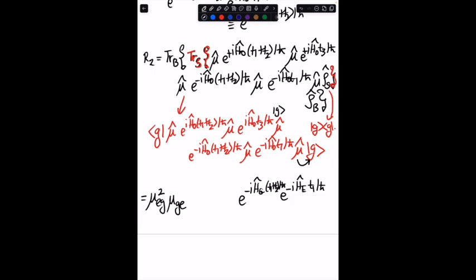And then you have a time reversal operator over the ground state over time t3. So you get e^{iH_g t3/ħ}. And then μ acts on |g> and takes it to